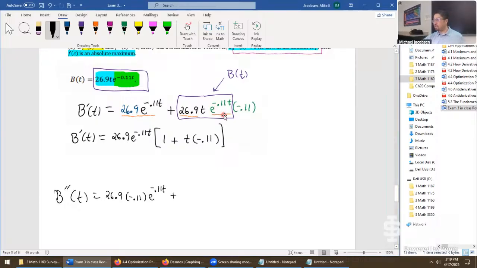Here's the negative 0.11 off to the left, e to the power negative 0.11 t plus. Now, this is the weird part. I'm going to carry in this part first so I just don't forget, negative 0.11. Now, I'm differentiating the thing in the purple box, but the observation is you're just differentiating b of t, and differentiating b of t is that whole thing. So let's put it in. That times 26.9 e to the power negative 0.11 t plus,